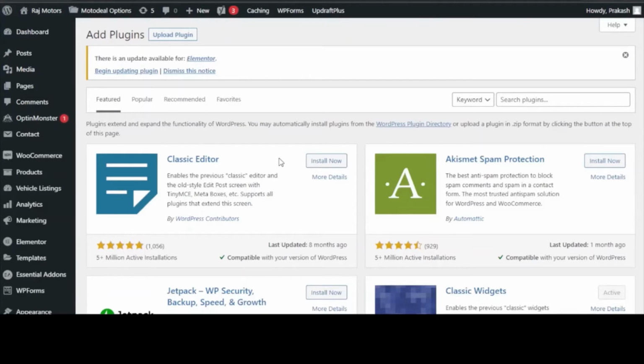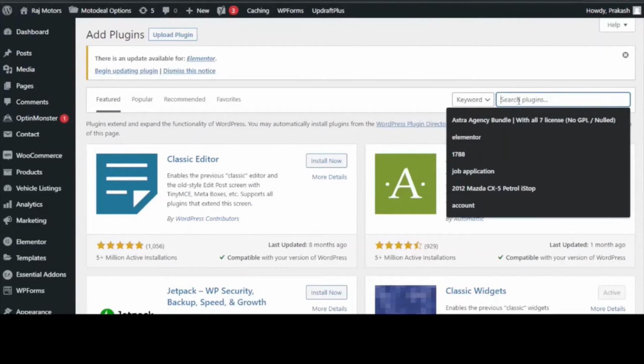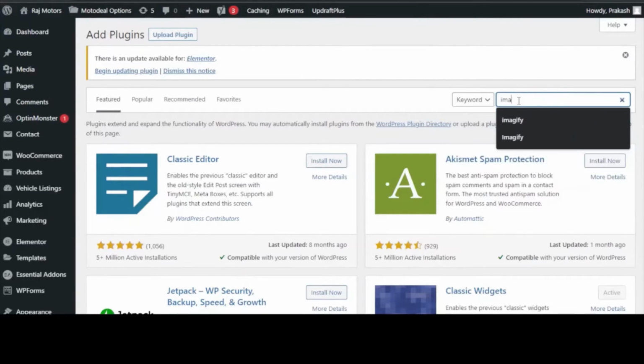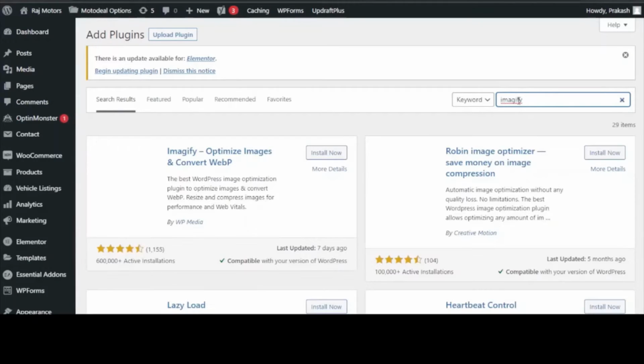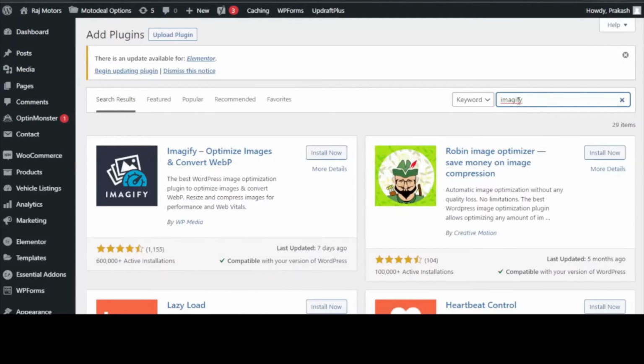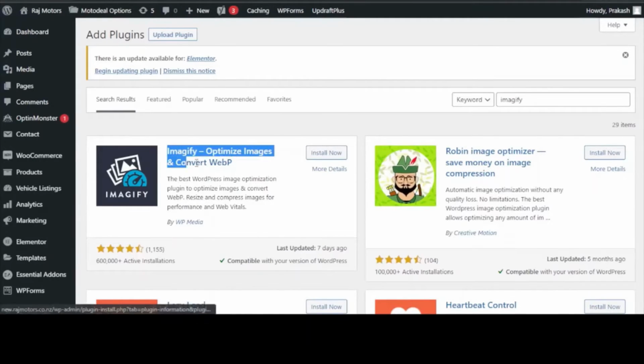Here we need to search for the plugin, and the name is Imagify. In today's tutorial, we'll be using the pro version of the Imagify plugin. I will install this plugin, and we will also see the details about this plugin. So let this plugin get installed, and I will open